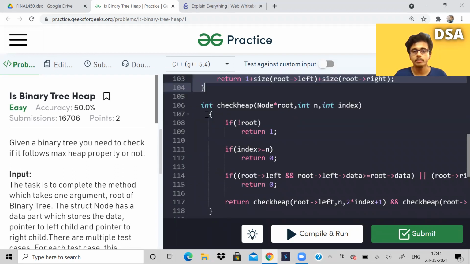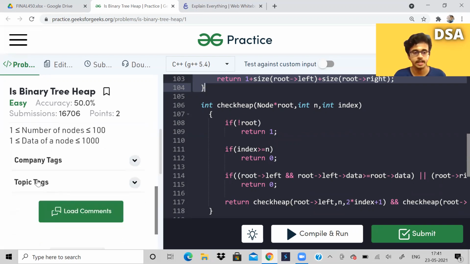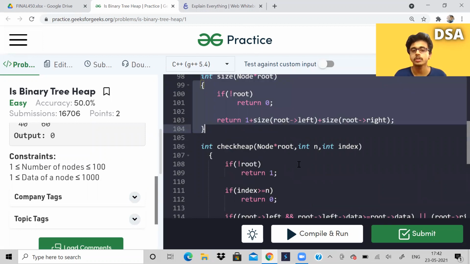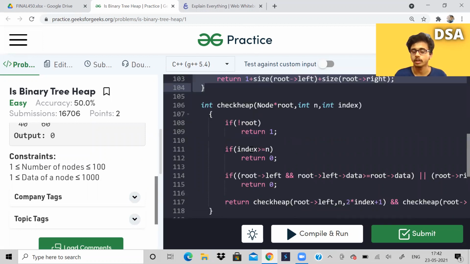Now let us come to our main function. This is check heap, which is the main function. First of all, if root is null, I'll return true, because even a null tree is considered a heap. If there are no elements also, it is a heap. Although the question says number of elements is greater than or equal to 1, this is just the bare base condition for recursion. If you're doing recursion, you need a base condition, right?